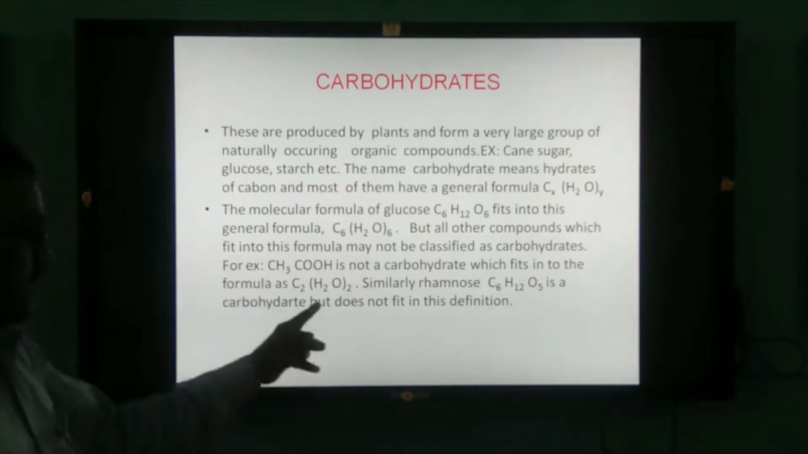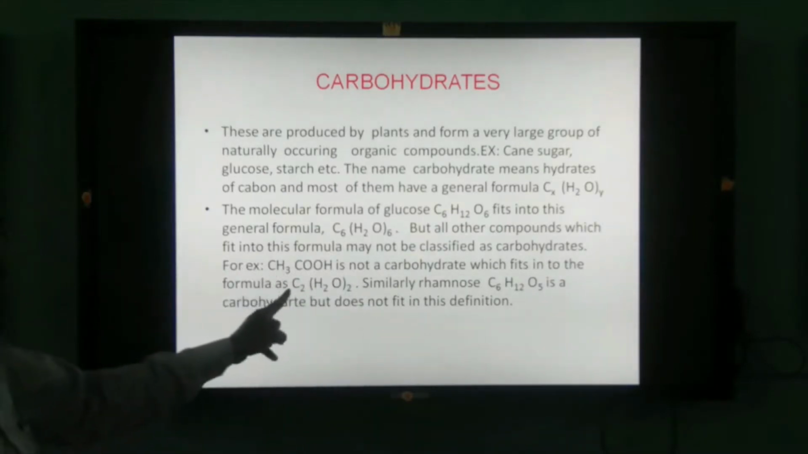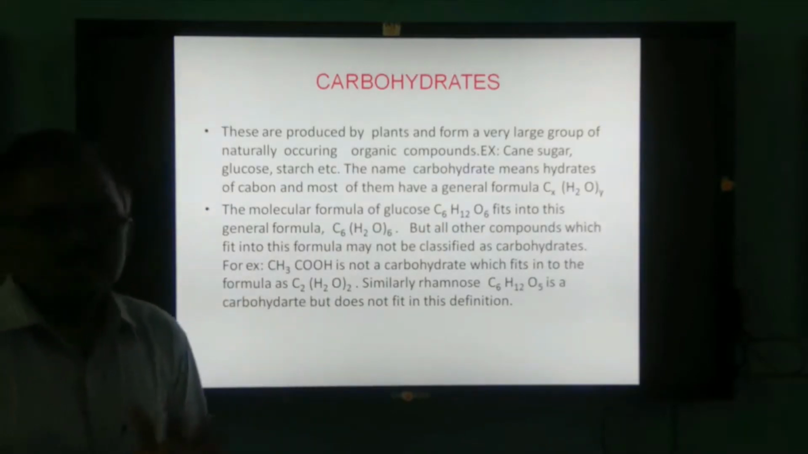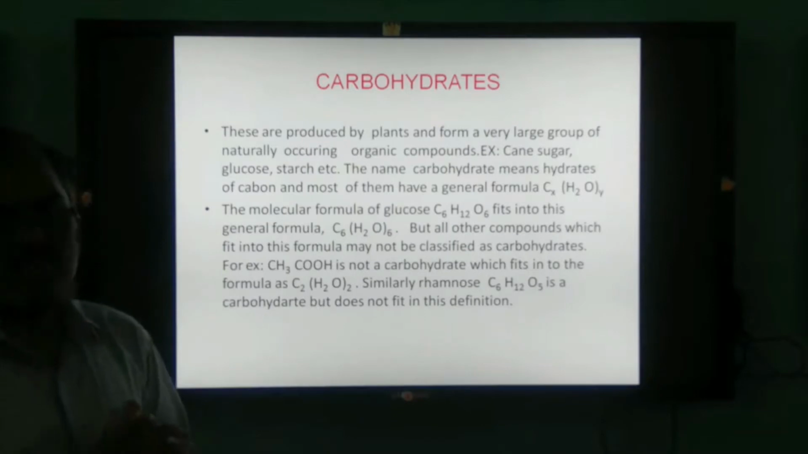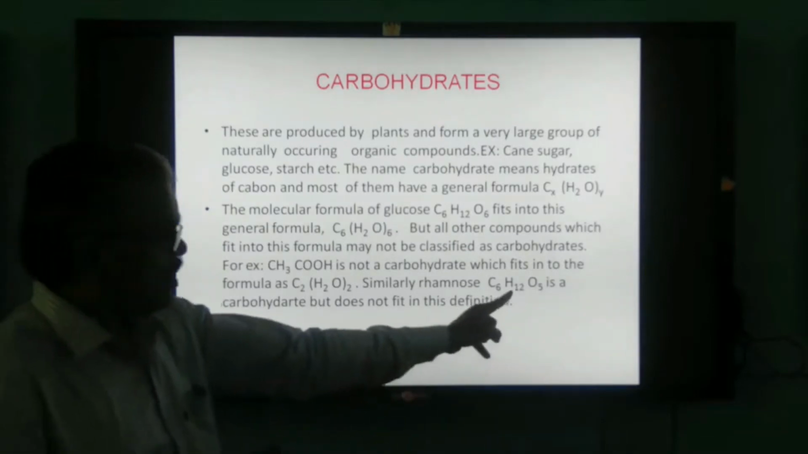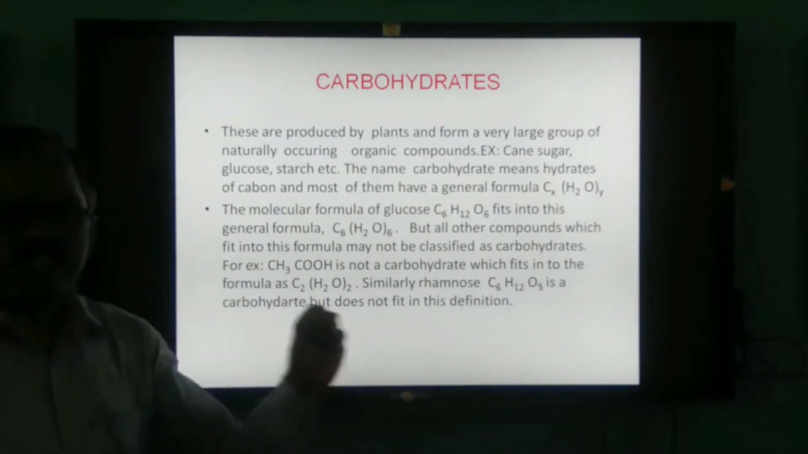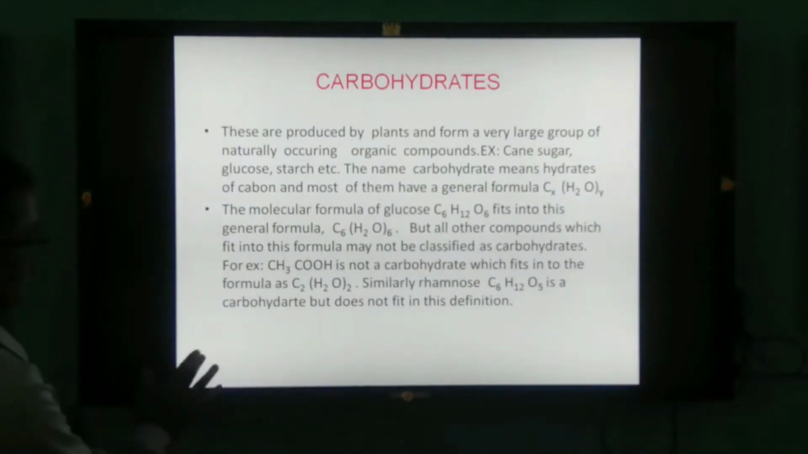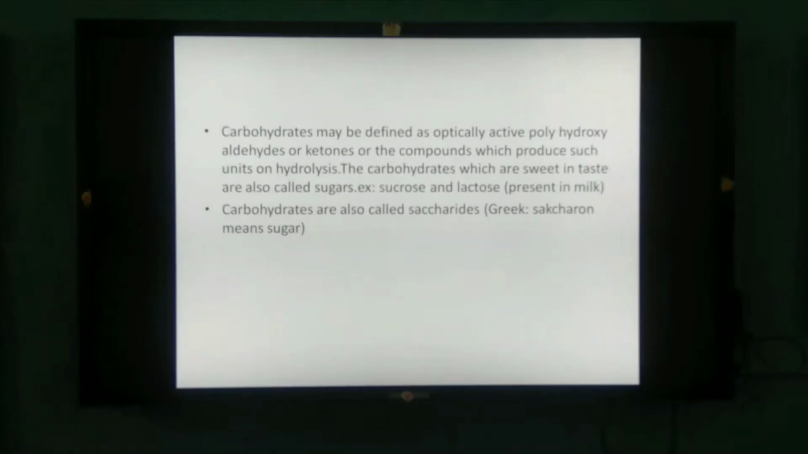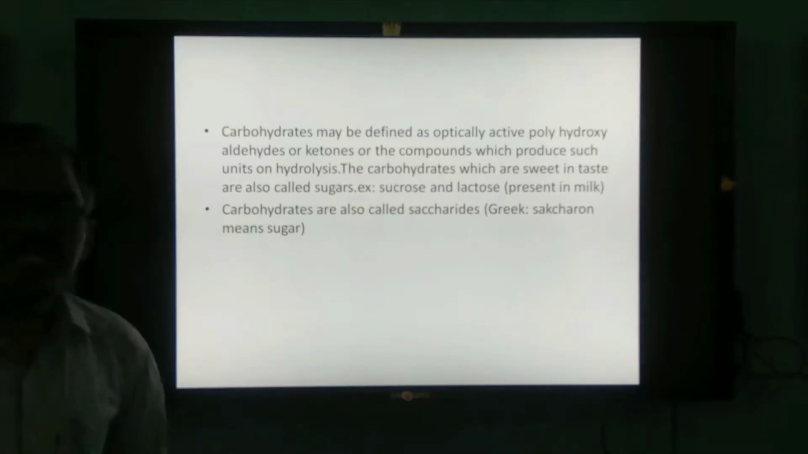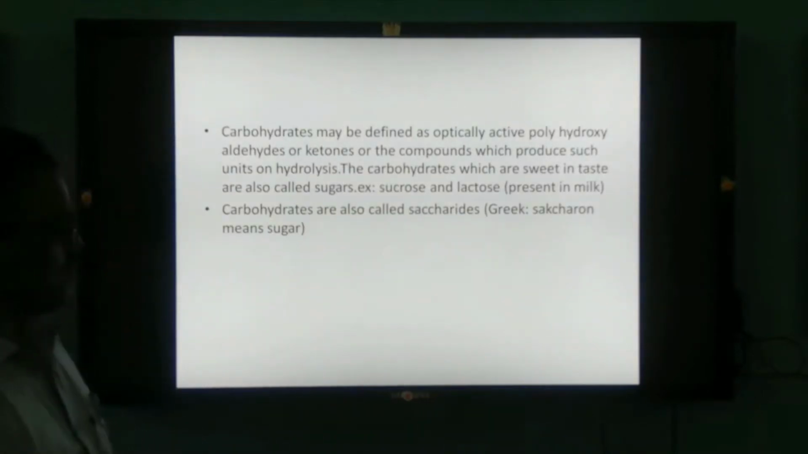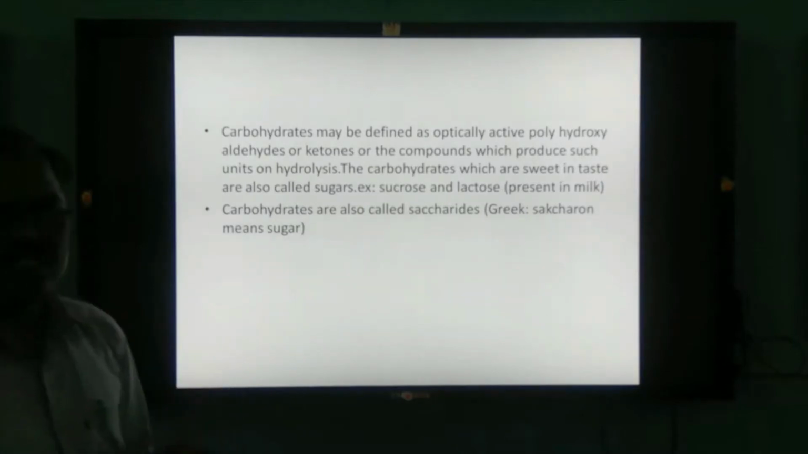But acetic acid, CH3COOH, also fits in this formula. Its formula is C2(H2O)2, but it is not a carbohydrate. So that's why we cannot generalize. Whereas rhamnose, another example, C6H12O5, though it does not fit in this general formula, is a carbohydrate. Now, these carbohydrates may be defined as optically active polyhydroxy aldehydes or polyhydroxy ketones, which on hydrolysis give